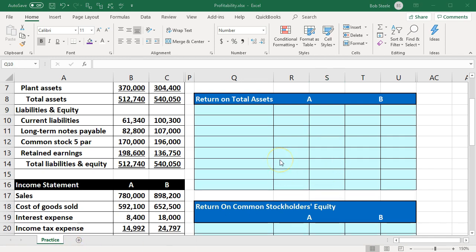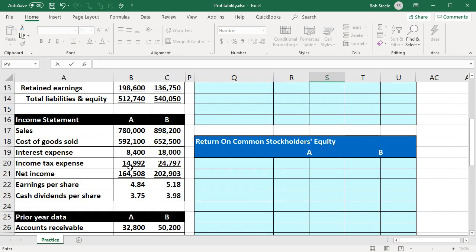So I recommend putting it into a format like this, a table like this, so you can visualize how it can be set up. So we're going to start off with the net income. This is going to be the bottom line number. I'm going to put that on the right-hand side, leaving an inner column where we will then calculate in a subcategory the average total assets. So in the outer column in S9, we're going to say that this is equal to, and we're looking for the net income, bottom line number on the income statement, which is going to be the